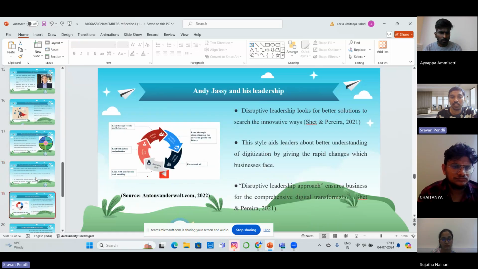Coming to Andy Jassy and his leadership. Jassy is increasing the innovation strategy to fulfill the shipment needs of Prime members through the application of AI. He thinks that the company has a long way to go. As a result, he thinks about making customers' lives better. As a result, Jassy uses AI for Amazon Ads and Prime Video. This behavior aids in gaining the understanding of consumers and maintaining the organizational change that is required.